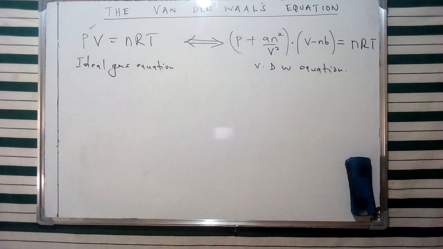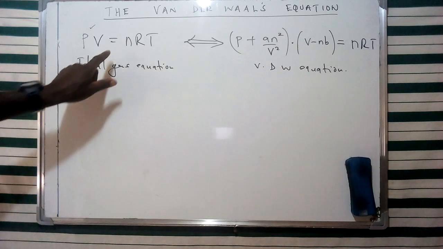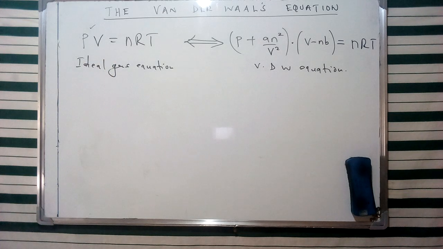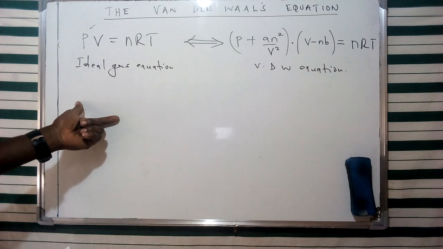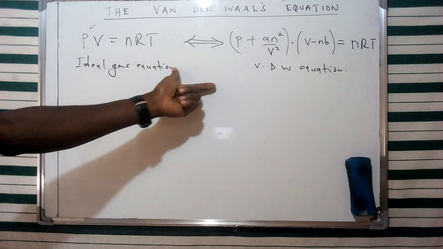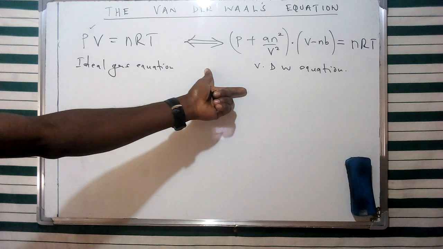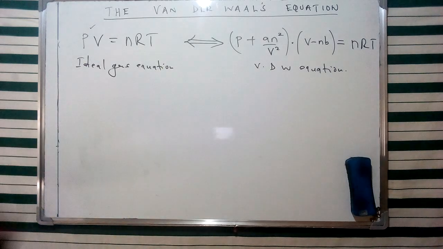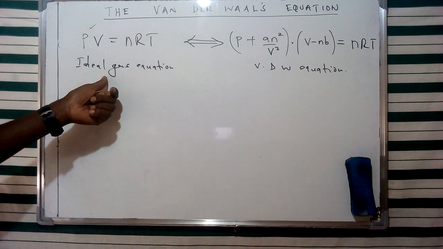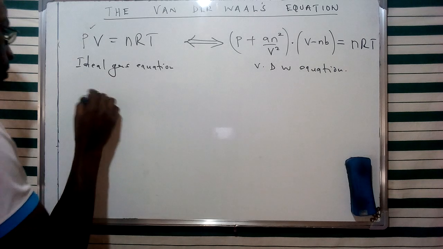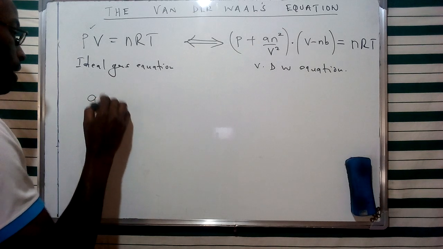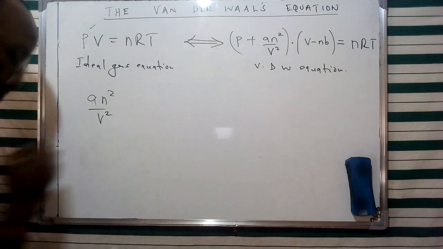And therefore, I'm going to elaborate on why that specific modification has been done on this ideal gas equation from that particular case. So the equation uses particular constants which I have mentioned, which make the equation experimentally viable in relating experimental data obtained which deviates from the ideal gas equation. Now, the factor which has been added to pressure, which is an squared over V squared, this basically